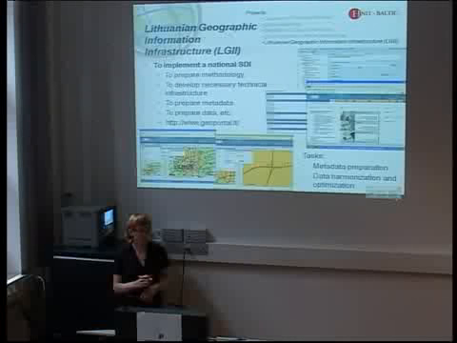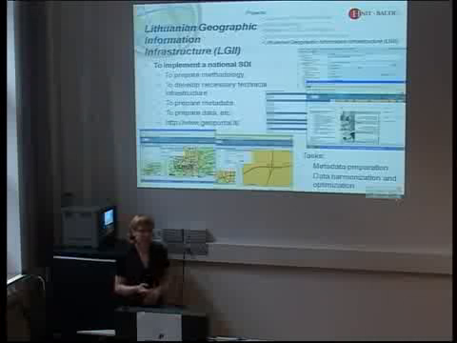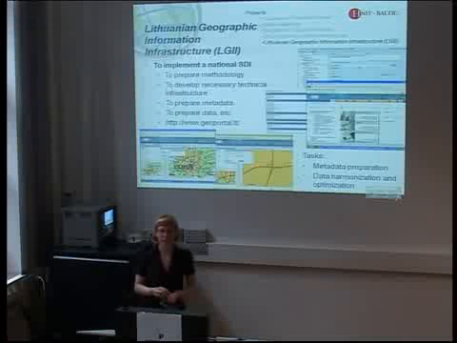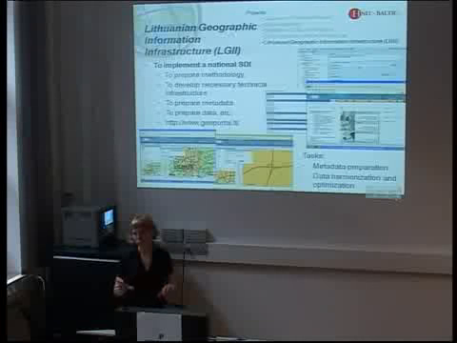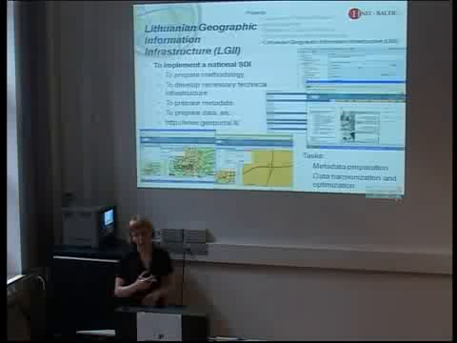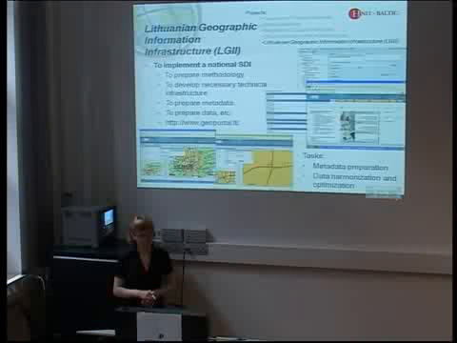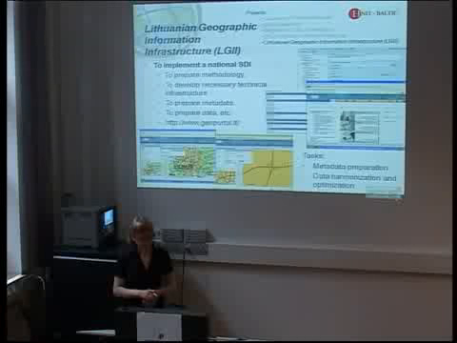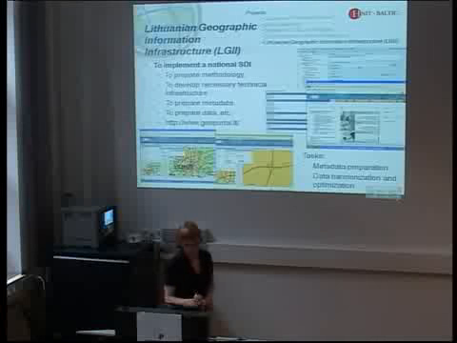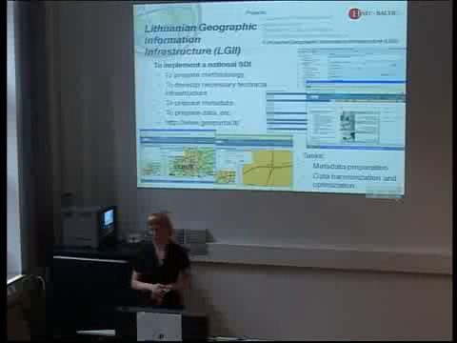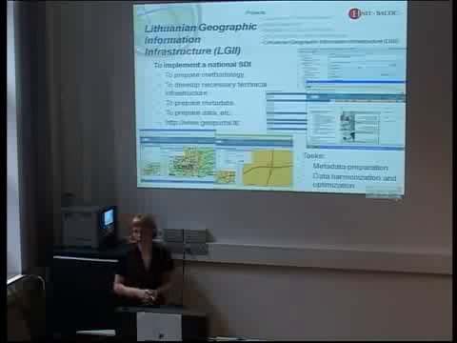So yeah, the basic goal was to make spatial data available at one point, and also to be able to search metadata. So here I also put a link to the GeoPortal, so we can access the data.